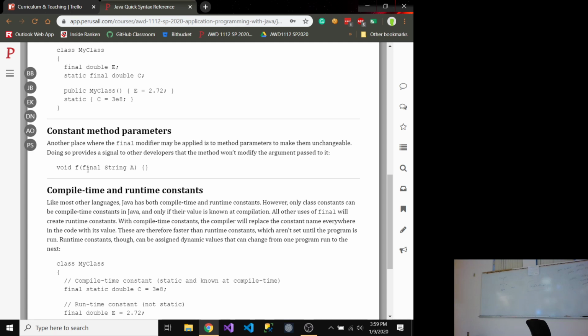Now that being said, marking an object that I'm taking in, like let's say this is an array. Let me write that up real quick because that's important to see. There's one thing that works and one thing that doesn't. So if I have a function foo and I say final int array A,